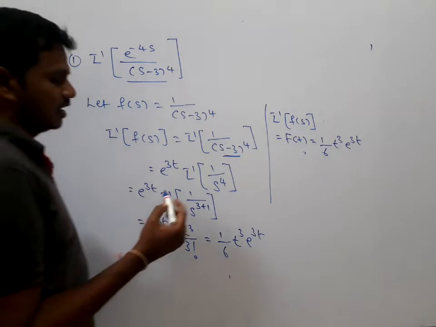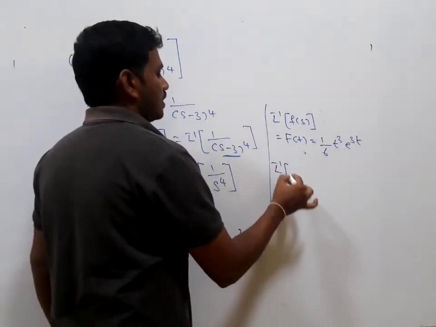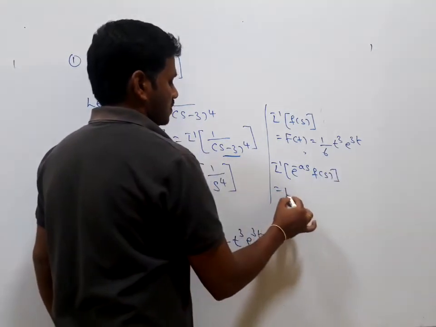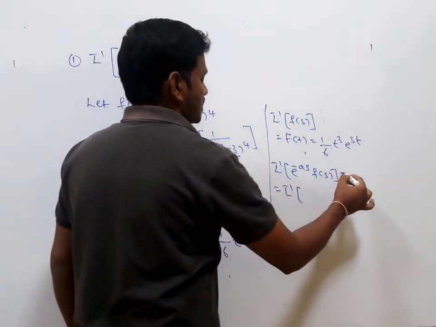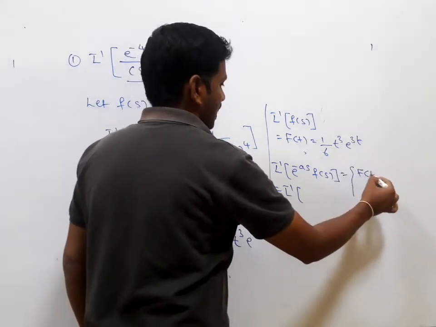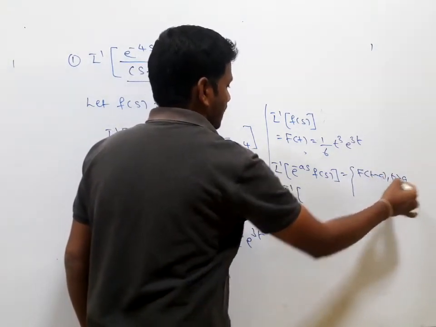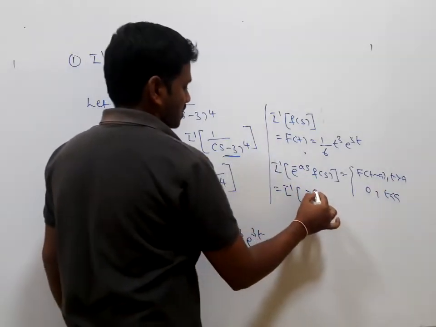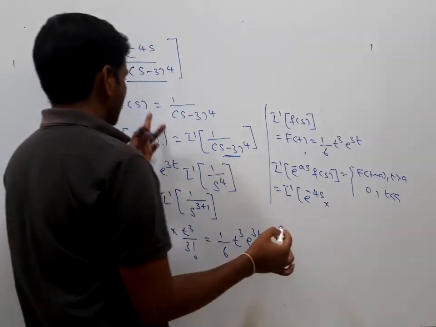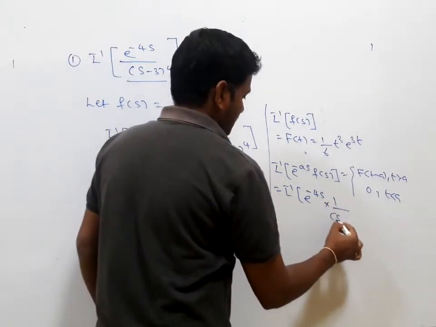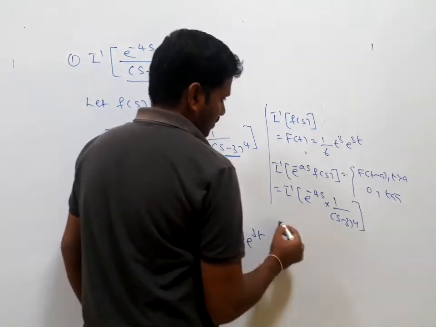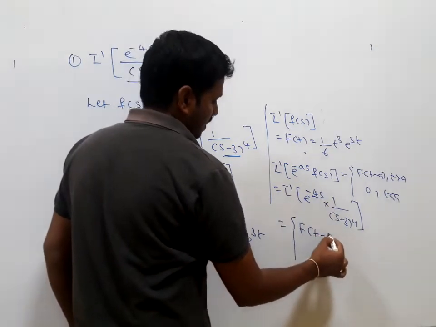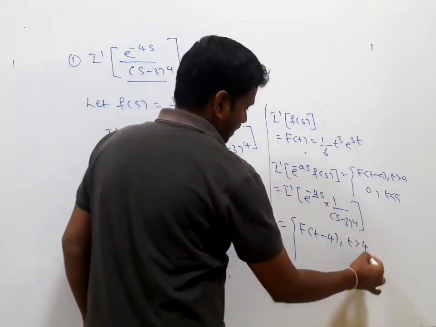By applying the second shifting theorem, L inverse of e to the power of minus as into F of s is equal to f of t minus a for t greater than a, 0 for t less than a. Here e to the power of minus as is nothing but e to the power of minus 4s into F of s, which we took already, 1 by (s minus 3) to the power of 4. This is equal to f of t minus a, where a is 4: f of t minus 4 for t greater than 4,